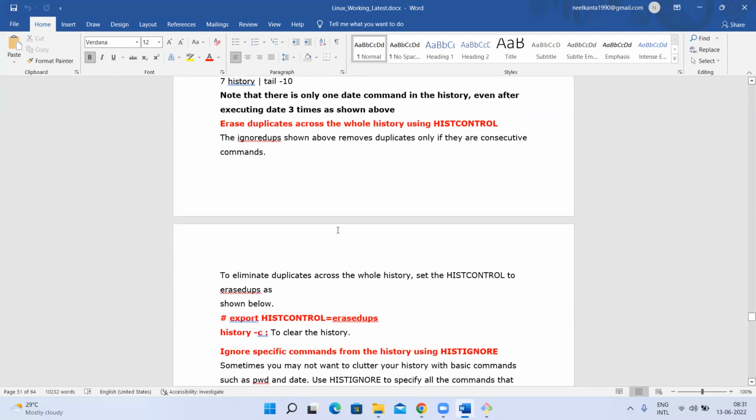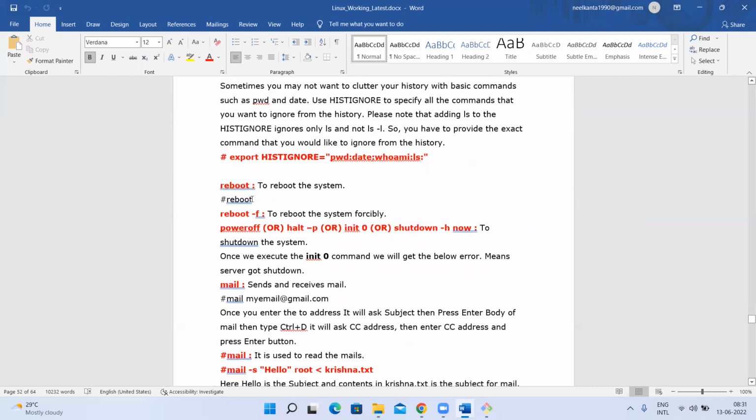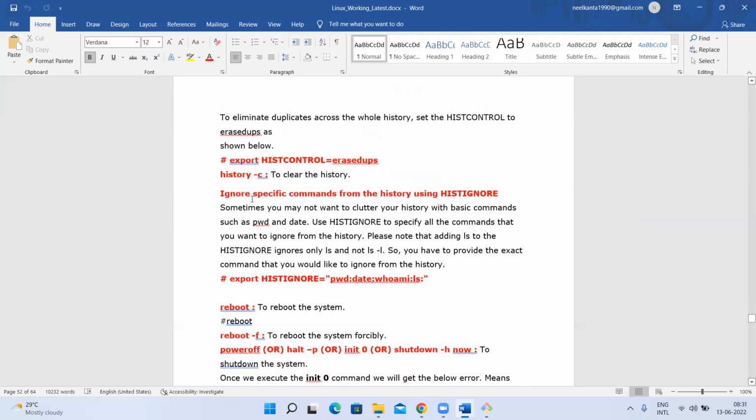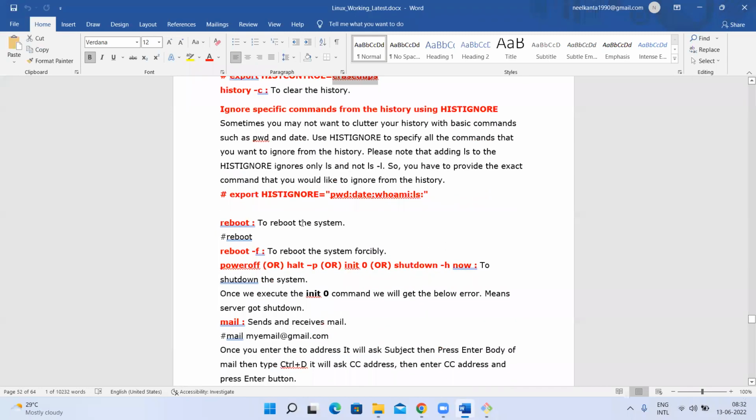Next, if there are already duplicates and I want to remove those duplicates, that is erasedups. If I want to clear the entire history, all the commands it has stored, I want to remove those, then to clear the history, use history -c. Next, if I want to ignore duplicates, we use HISTCONTROL equal to ignoredups. If I want to erase dupes, but I want to ignore only a few commands,